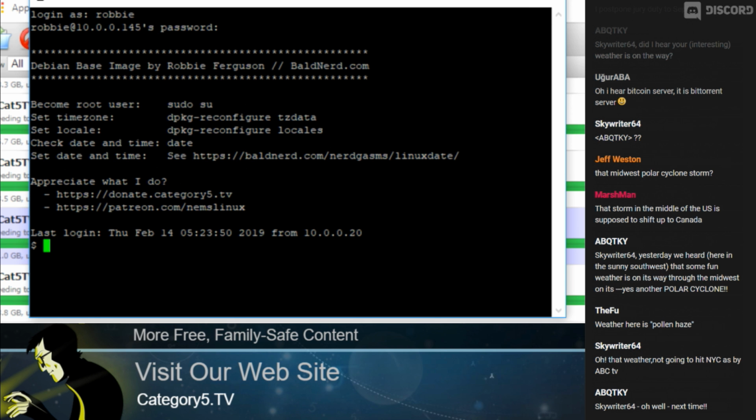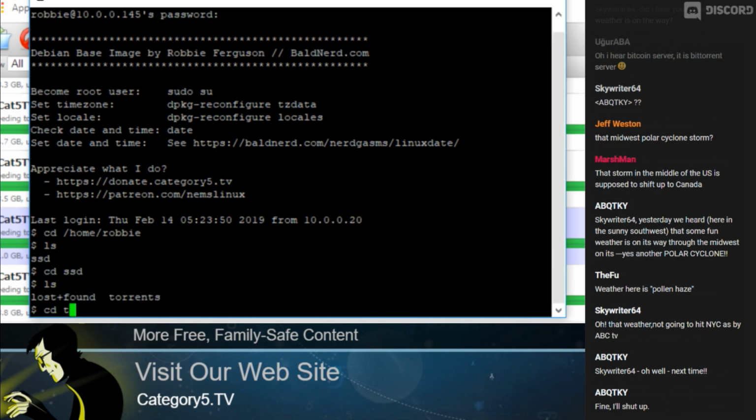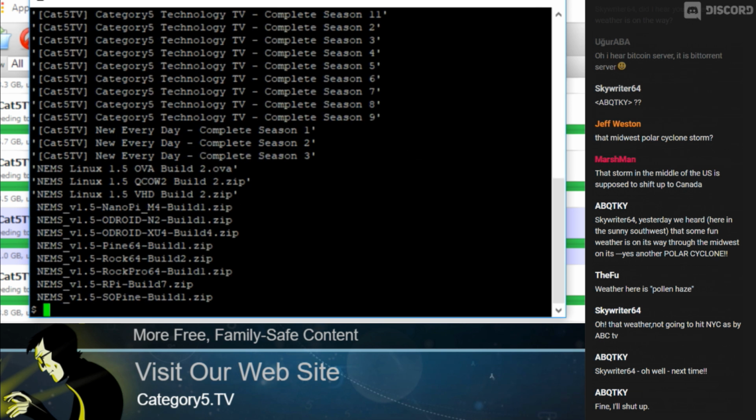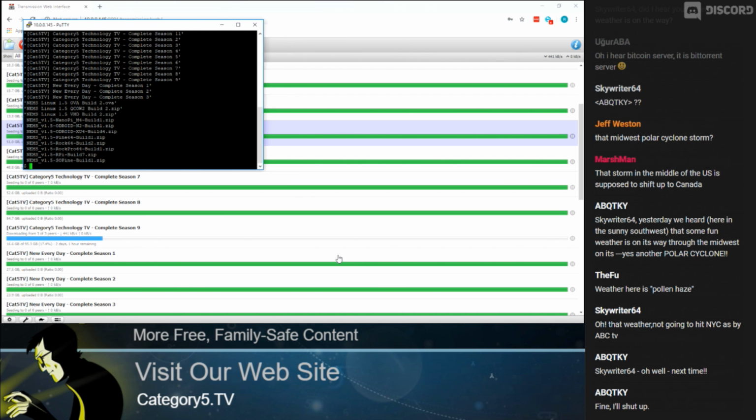All right, so now I'm just logged into my SSH terminal session. There's really not a lot to do on this box. Let's go into home/Robbie, and you see, Jeff, there's a folder called SSD, and in that is torrents. And if I go into torrents, whoa. So it's pretty vanilla. Yeah, it is very vanilla. So those are my downloads. Now what I want to do is actually be able to access it